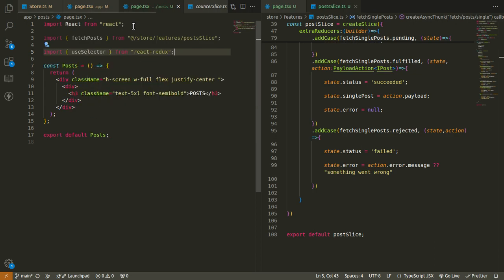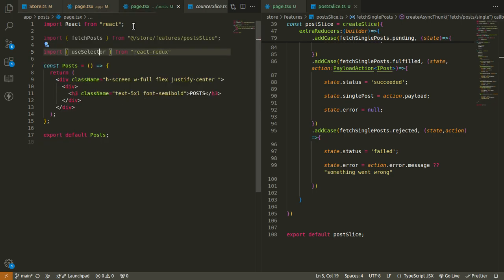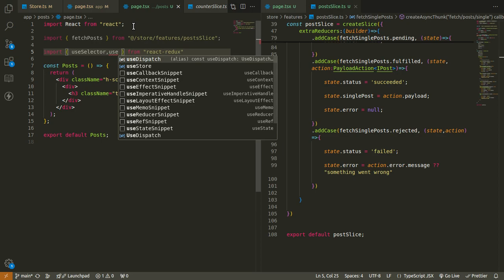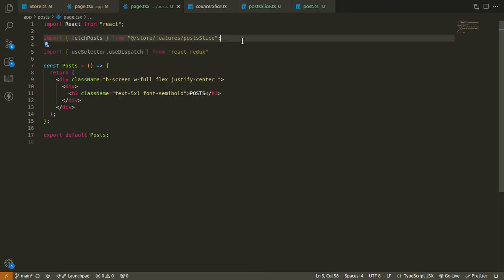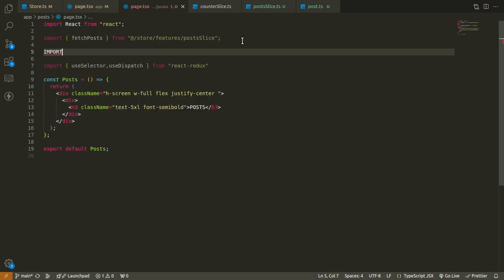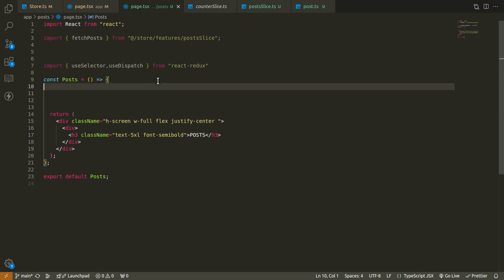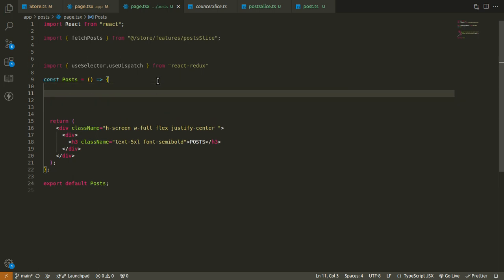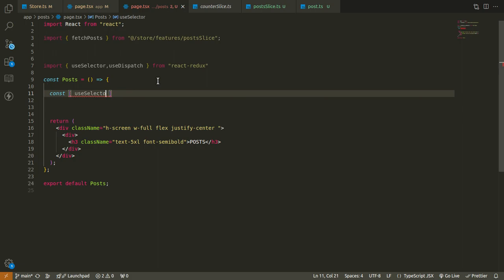From Redux Toolkit. Then I can now say import from this. Can now come here and fetch, import useDispatch. That way. No, there's no need of that. I can say const useSelector. Let us do object destructuring, so that useSelector